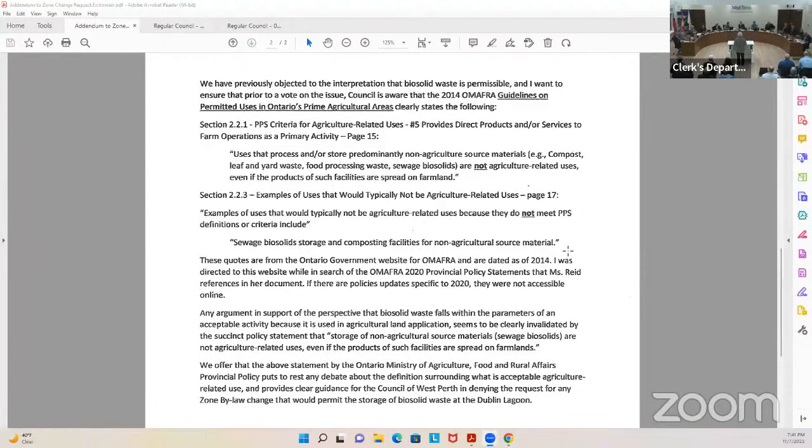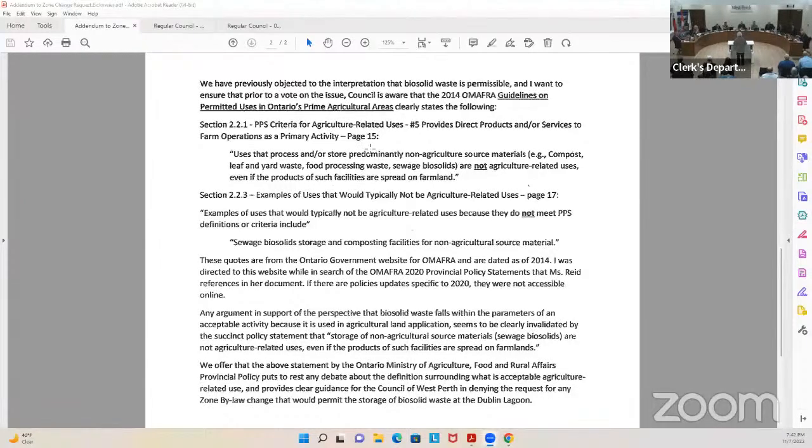And section 2.21 of those guidelines specifically states uses that process and/or store predominantly non-agricultural source materials. And they give examples specifically identifying sewage biosolids as not agriculture related uses, even if the products of such facilities are spread on the farmland. And this has been a strong point of argument for the applicant and for the planning committee. Section 2.23 again supports that, saying sewage biosolids storage and composting facilities for non-agricultural materials do not meet PPS definitions